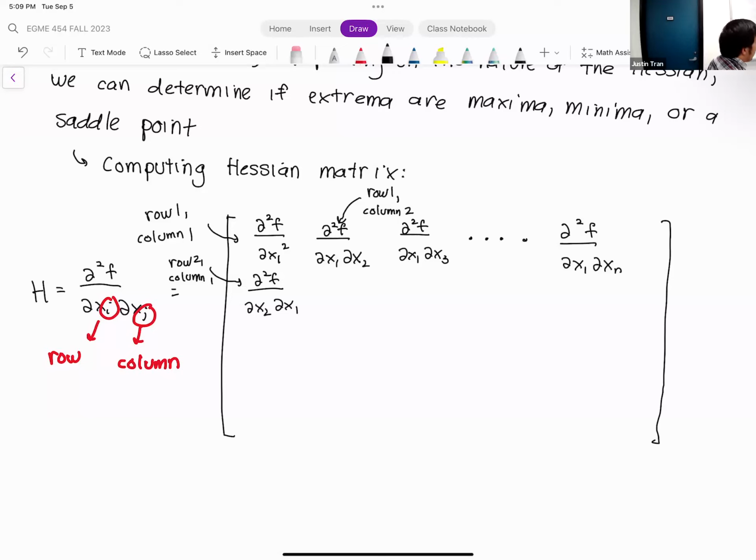One thing to note about the Hessian matrix, and one good way that you can check your result, is that it should be symmetric. It doesn't matter if we take the derivative with respect to x2 before x1. These two entries right here should be identical. We have partial squared f, partial x1, partial x2, and then we have the same thing here, except we take the x2 derivative first, then x1. So it should be a symmetric matrix. If you go down the diagonal, you should see a mirror image of the matrix on both sides of that main diagonal.